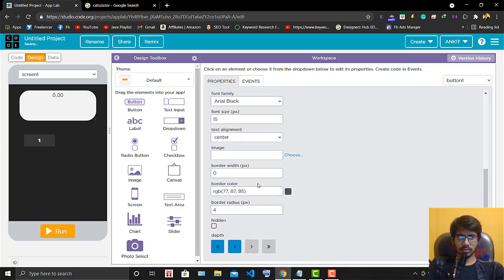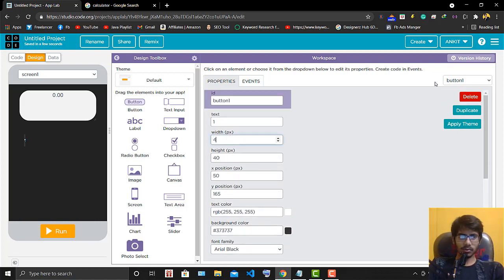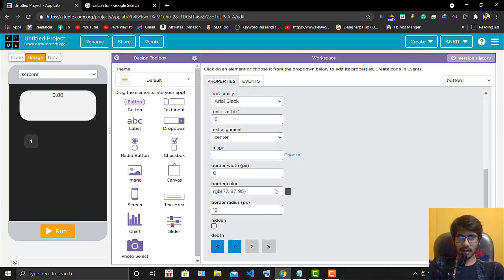Okay, so border color is good, but I just make it 0, and border radius should be 4, and that should be 12, and its height, if I give it 50 or 45, let's say 40. Okay, so I give it, it's so small, 45 is good. Now the height is also 45, so that it can make like a square. And if I try to make it 45, then it will be like circular, right? So now it's looking a little bit good, okay.